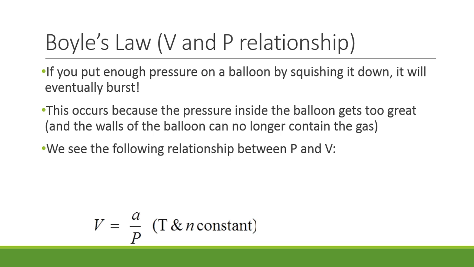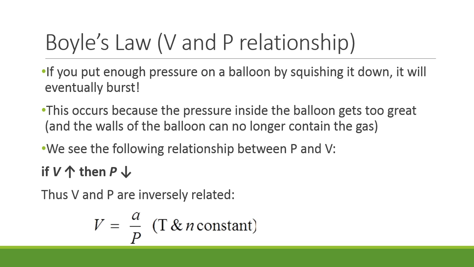Therefore, we see the following relationship between pressure and volume. As volume increases, pressure decreases, or vice versa. Therefore, the volume and pressure are inversely related as long as the temperature and number of moles is held constant. This can be represented by the following relationship, where our volume is inversely related to pressure, and this symbol represents proportionality. The equation at the bottom of the video represents the same relationship between the volume and the pressure, where